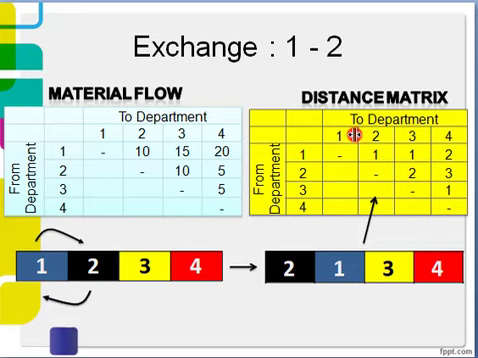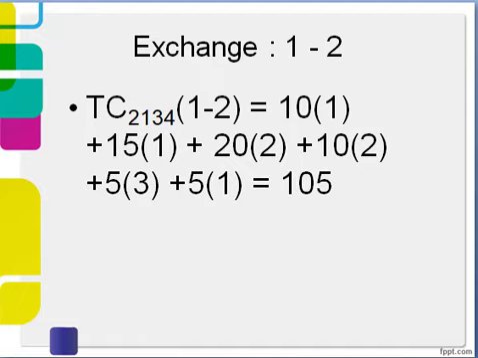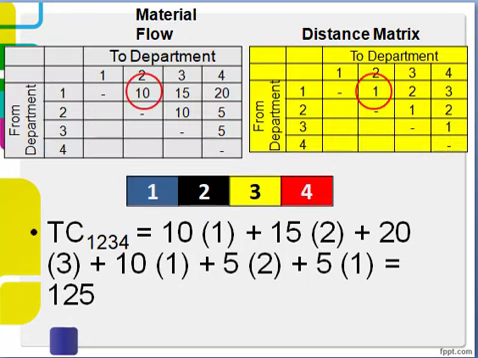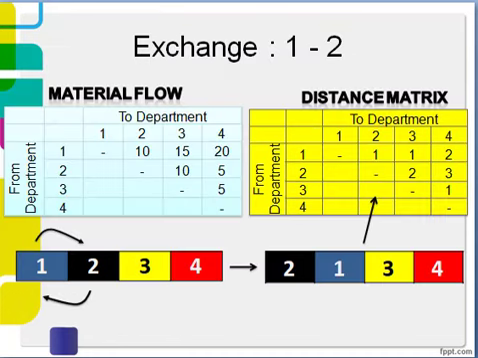Okay, so just adjust the new selected layout and recalculate again according to this new layout. Okay, we change it. So the total cost will be different now. By multiplying the numbers within the material flow and also the distance matrix. This is the new matrix, so just multiply 10 times 1 plus 15 times 1, 20